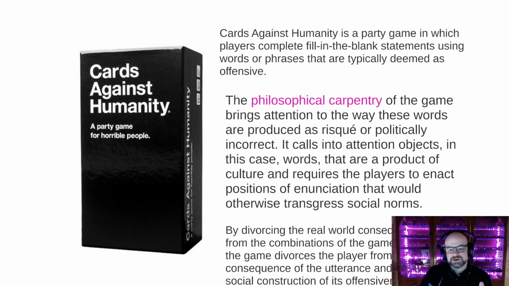The philosophical carpentry of the game brings attention to the way these words are produced as risque or politically incorrect. The object calls into attention its own objectivity. In this case, the words themselves call into question that they are a product of culture, and they require the player to enact positions of enunciation that would otherwise transgress social norms. You're allowed to, by happenstance, bring together these words and ideas that might be offensive in the game, because the game divorces the real world consequences from the combinations of the game materials. The game divorces the player from the consequence of the utterance, and thereby reveals the social construction